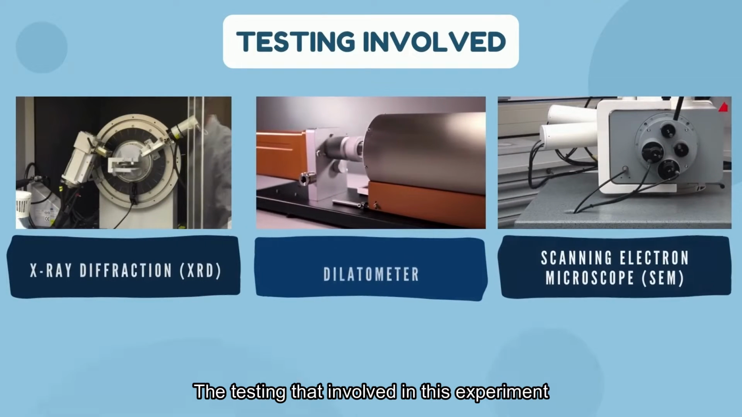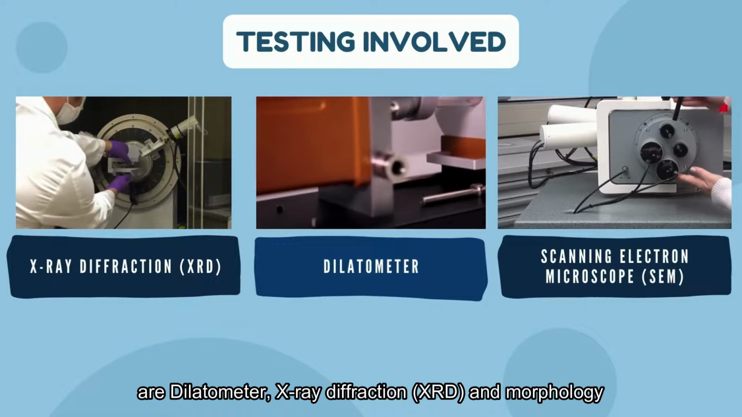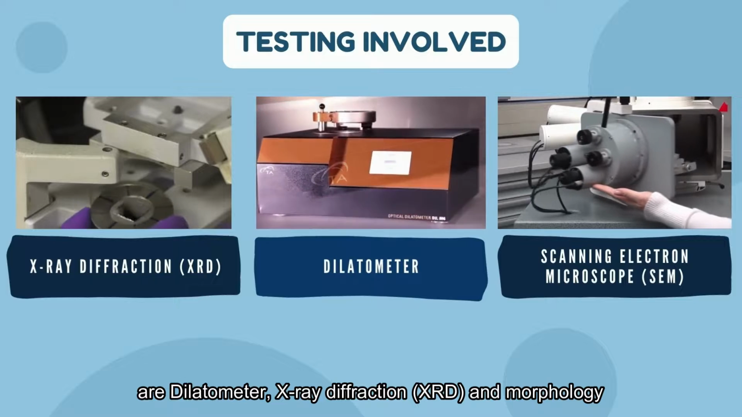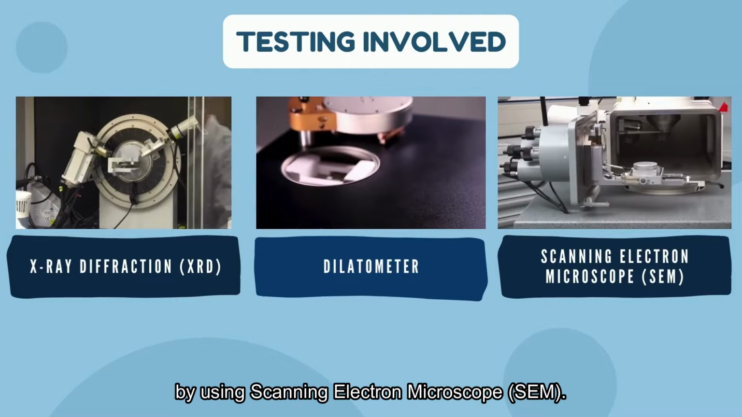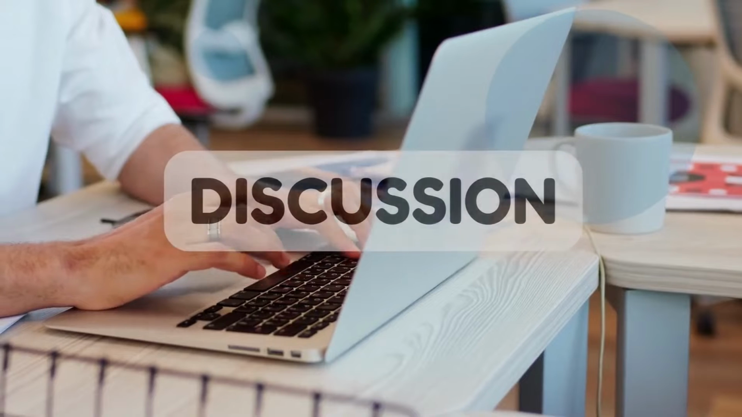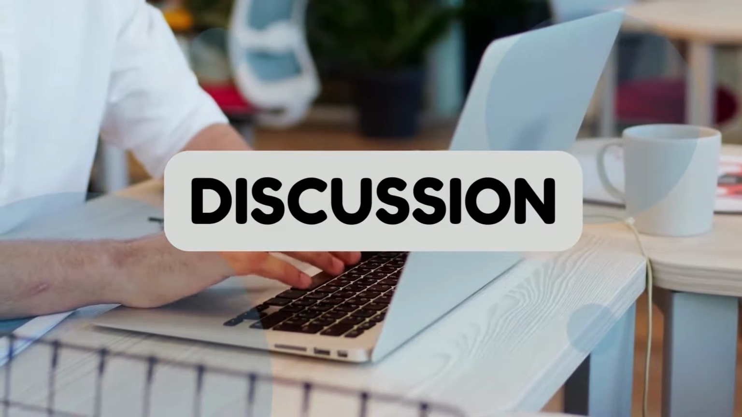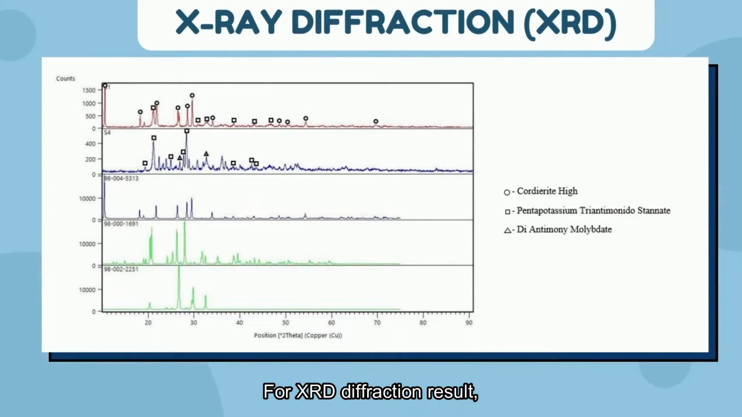The testing involved in this experiment are dilatometer, X-ray diffraction, XRD, and morphology by using scanning electron microscope, also known as SEM. For the XRD result, the phase identification of the XRD pattern and Rietveld refinement analysis of the sample according to the stoichiometric ratio of cordierite formulation of 2.8 MgO, 1.5 Al2O3, 5 SiO2 synthesized at a temperature of 1250 Celsius for 2